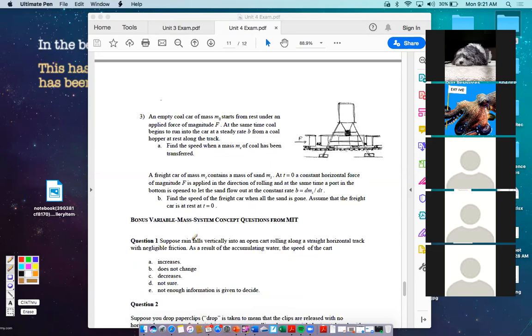All right. So 3A, find the speed when a mass of coal has been transferred. So this one is a little bit trickier than the ones that we did in class because this thing has a constant force supplying an impulse. So what I did to start question 3 was I said, all right, the initial momentum plus an impulse is going to equal the final momentum. And the final momentum is going to help me find the final speed. The initial momentum, it started from rest. So I'm going to say that's m naught v naught plus the,